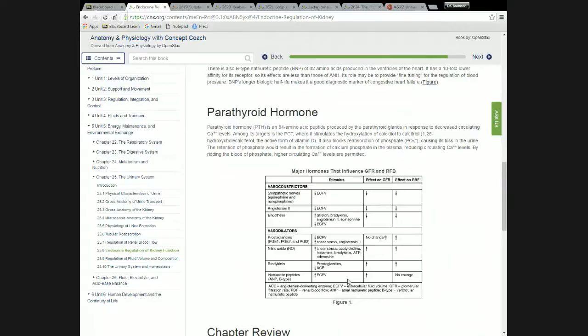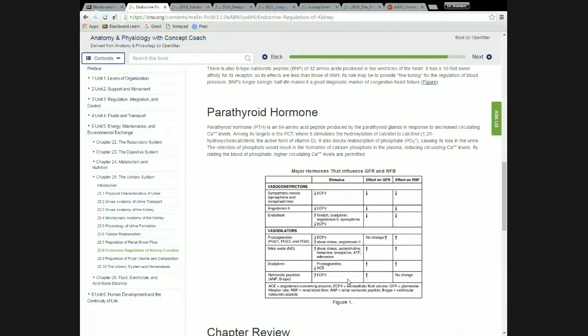addresses a number of different things that play a role. The ones that were listed up there are the main ones that I'm concerned with, but the sympathetic system can affect blood pressure. Angiotensin 2, we already said. Endothelin, I said, this first place has been introduced. It's not going to be the answer to any questions in my assignments. And then vasodilators, we haven't really looked at those. I mentioned nitric oxide. And then